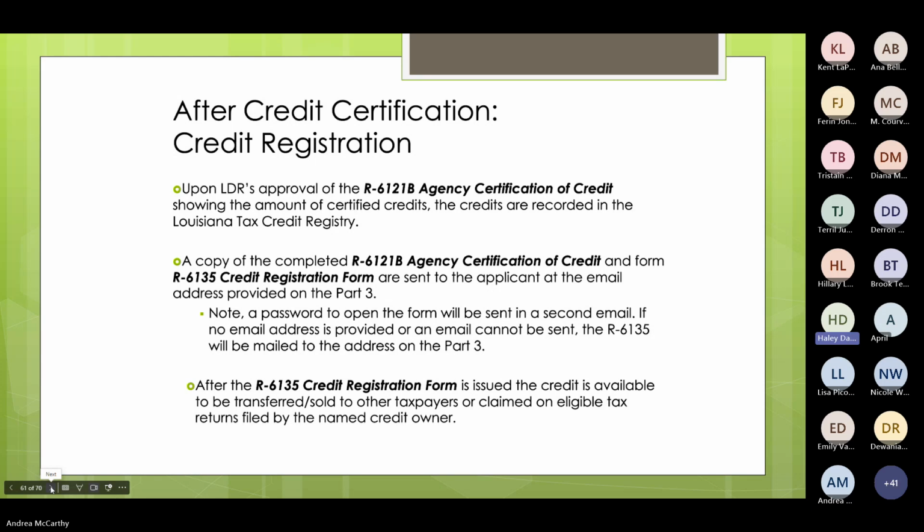I'll send that form, the R6135, and the completed R6121B in an email to the email address that's on the Part 3 certification. These are normally sent in email. They're in an encrypted zip file, and you'll receive 2 emails from me, one with the zip file and one with the password. Once you receive those, they are for your records. I don't need those back. From that point,